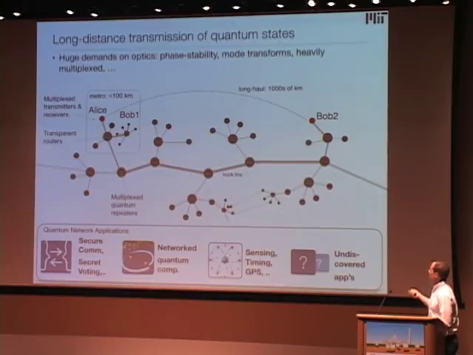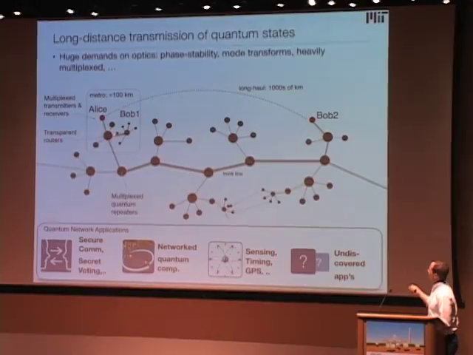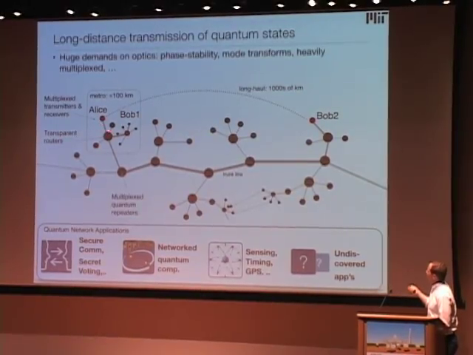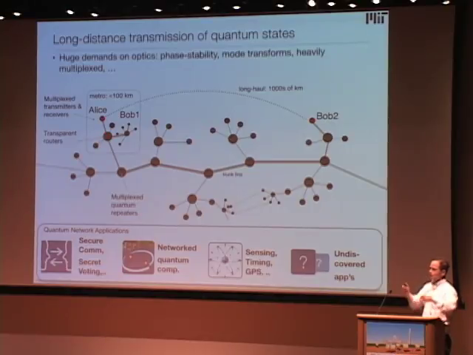And as an example, here are a couple of points in the network. Here, for example, if you wanted to do an MDI QKD link between Alice and Bob, you would need some transparent switches, at least here, and maybe here a transparent switch that is an interferometer going to a photodetector. But you'd like this not only over one channel, you need to be able to talk to many channels, for instance, in a metro network. And so you need advanced routers and switches to make this possible.